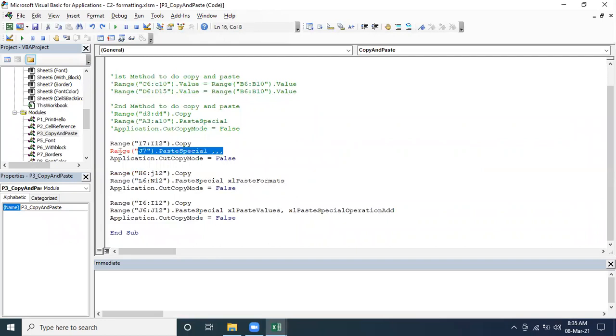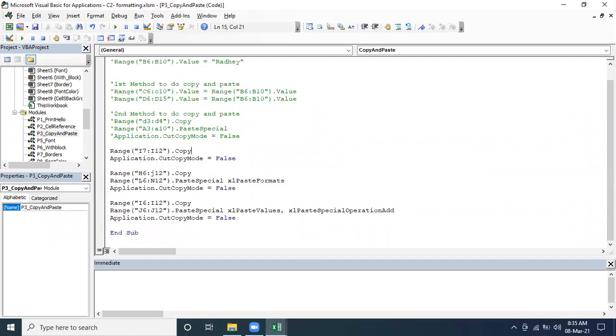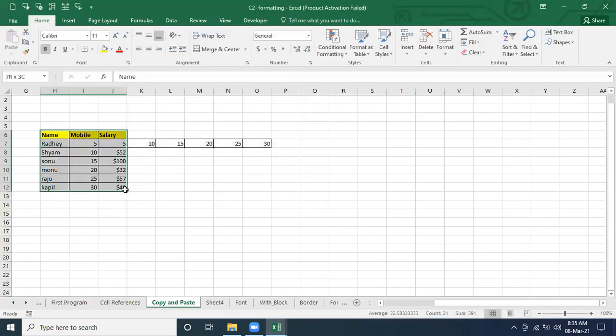What I am telling you is, we have finished the copy and paste with the complete scenario, whatever scenarios there were. So what you have to do is create data like this data, and you have to use all the options: paste all, paste only value, paste value and number format, paste value and format only, correct? All these things you have to use. You can consider it as an assignment. This is the task for the next class.